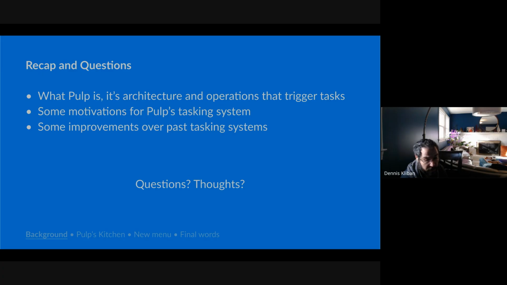We also want to make sure that tasks for specific resources like a repository are performed in the order that they were received. For example, once you ask Pulp to perform a sync, and then you ask it to create a publication of that repository, we want to make sure that the sync occurs first and then the publication occurs, and that the publication doesn't occur in parallel with the sync, so that the user gets the expected results.